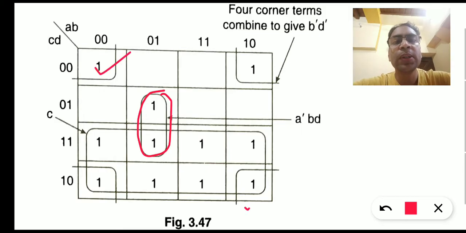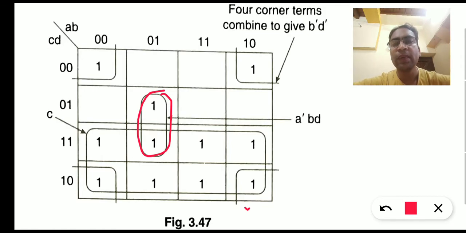Let's understand why we have not included this one in any dual. We could have used this and this to form a dual, but these two ones can be included in a quad. Yes, this is a quad, all four together. Just because these are involved in a quad, we will not make any dual or pair with them. Similarly, why have we not formed a dual using these two ones? Because they can be involved in the octet. So we'll form a dual only when those ones are not involved in any other octet or quad.